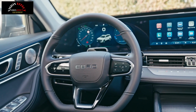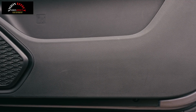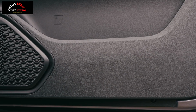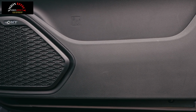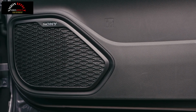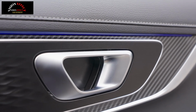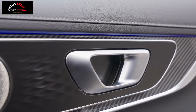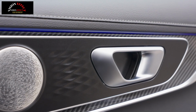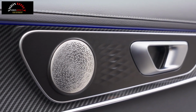In April 2025, a 347 horsepower plug-in hybrid version will be added, combining a 1.5 turbo petrol engine with an electric motor. The Ebro S700 plug-in hybrid will have an electric range of 90 kilometers and a battery capacity that has not yet been confirmed, probably around 18.3 kilowatt-hours. It will support alternating current and direct current charging of up to 40 kilowatts, allowing it to be charged quickly